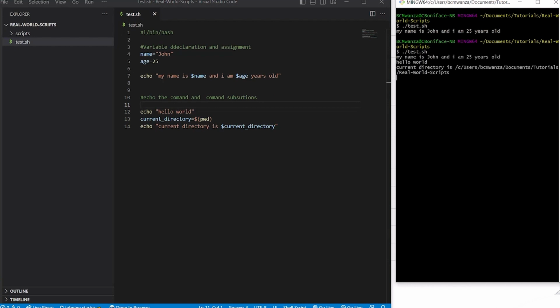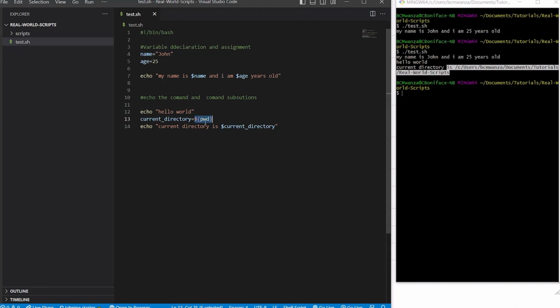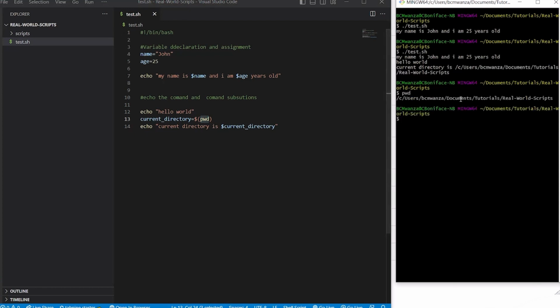And when we run our script again, okay, so now we're able to get our current directory from here, right, in this command, and we're able to just give a command inside PowerShell and get the output. We can write this command, let's say pwd in a bash script, that is going to give us the current directory,